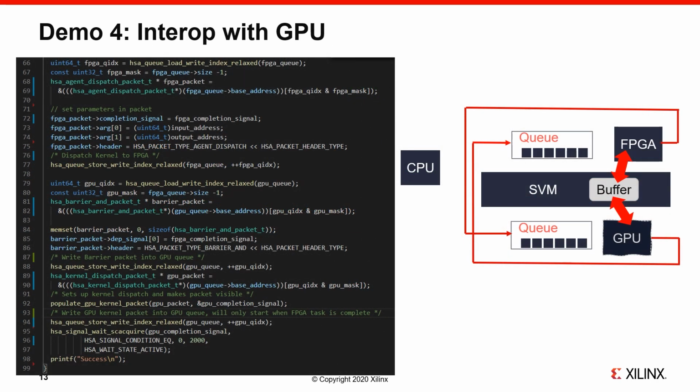In this final demonstration of how GPUs and CPUs can be programmed in an integrated environment, we show an example where both the FPGA accelerator and the GPU accelerator create work queues. The work dispatched to the queues is performed asynchronously. The code shows direct synchronization between the FPGA and the GPU. A barrier packet is enqueued in the GPU work queue, which forces it to wait until the FPGA has completed its accelerator function and made its output buffer visible. This demonstrator shows how a unified runtime can achieve direct synchronization of GPUs and FPGA kernels without requiring the intervention